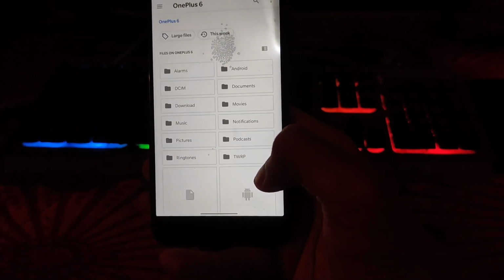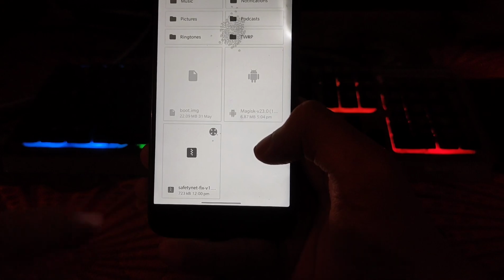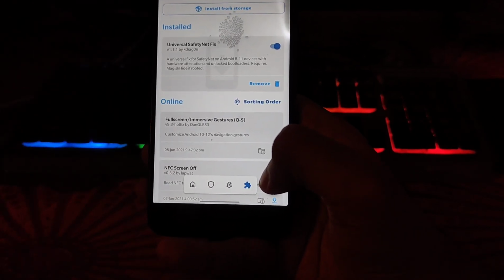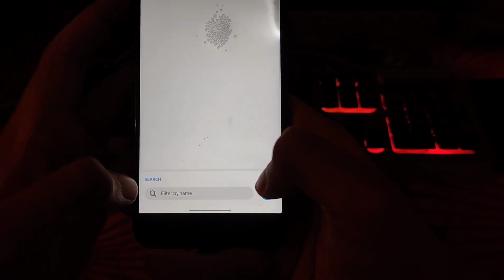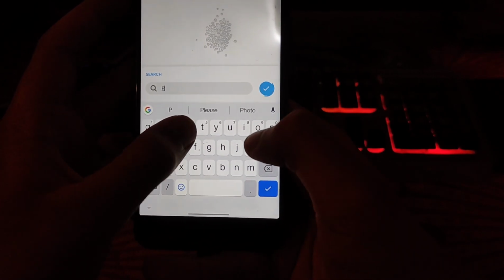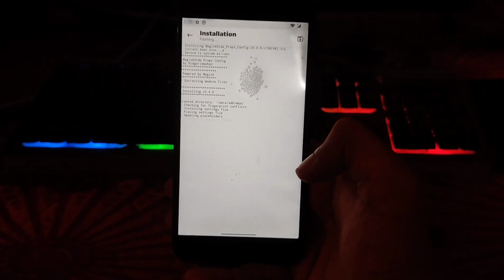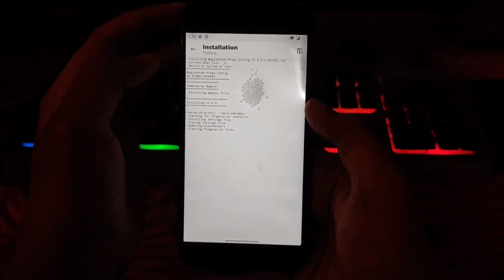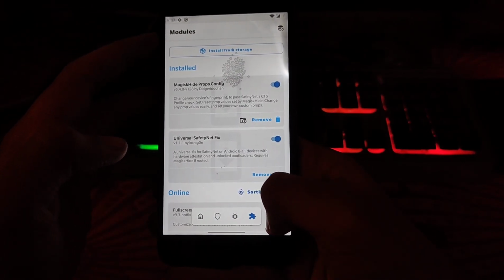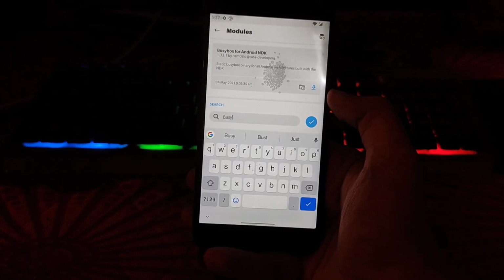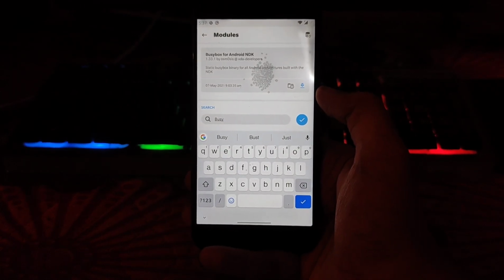So now first we have to flash a patch. Link will be in the description of this one, SafetyNet fix universal patch, kind of we can say. So you can see installation done. Now we have to first install build prop. So search props, so install, and now we have to install BusyBox, BusyBox for Android NDK.